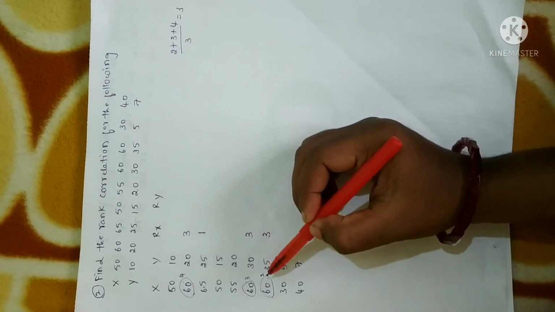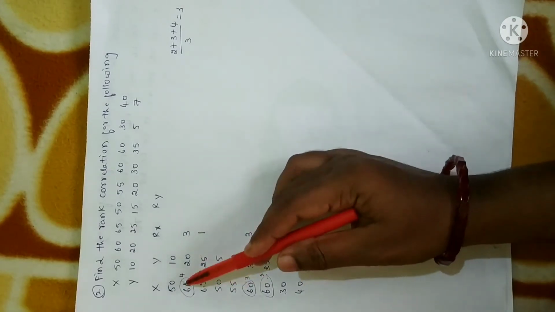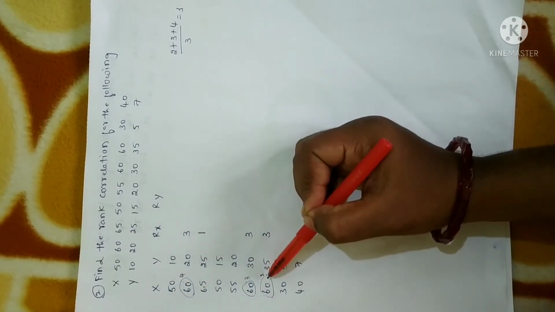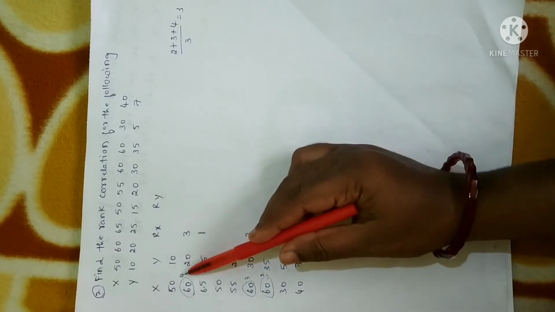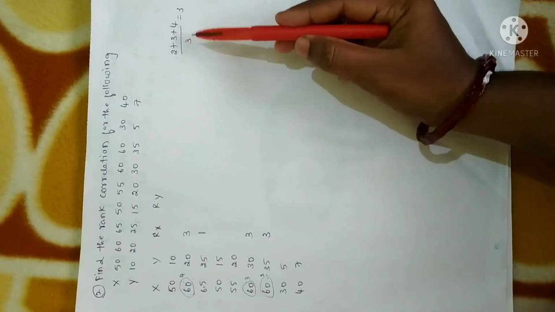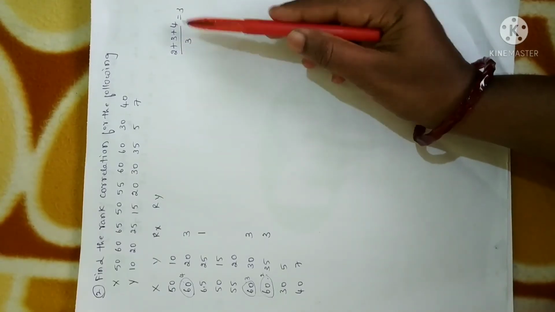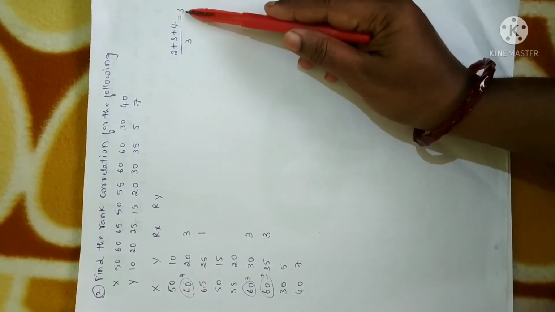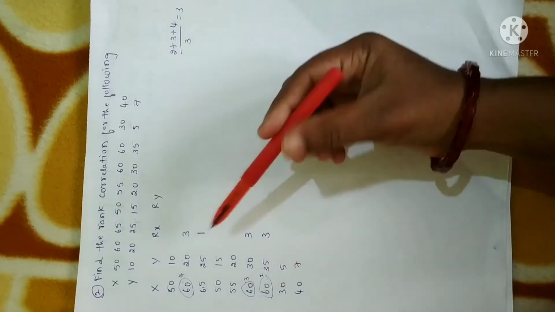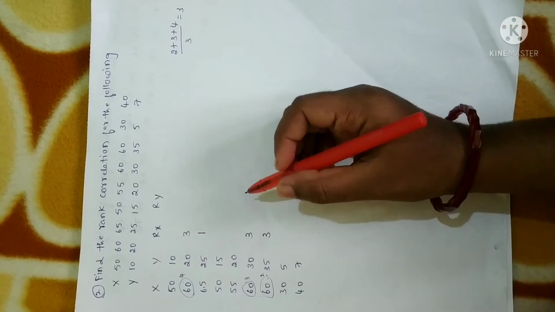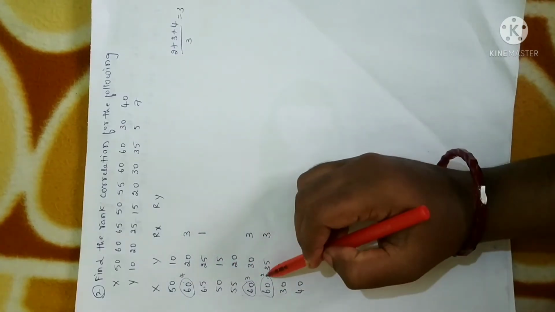I am repeating once again. To place second rank you have 3 repeated values. So you give them second rank, third rank and fourth rank. Now you have to add the rank values and divide by 3. Why? Because it is 3 in number. Fine. So whatever answer you obtain, you have to place that rank for all the repeated values. Clear?